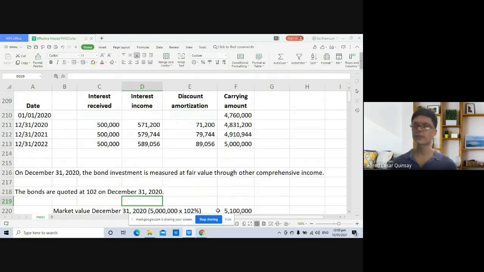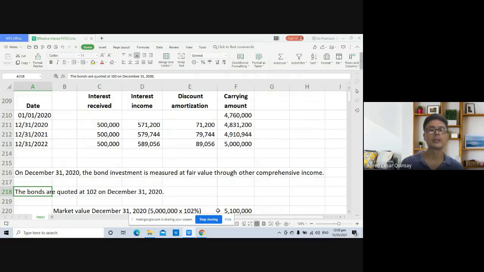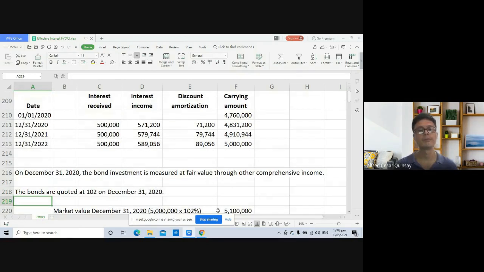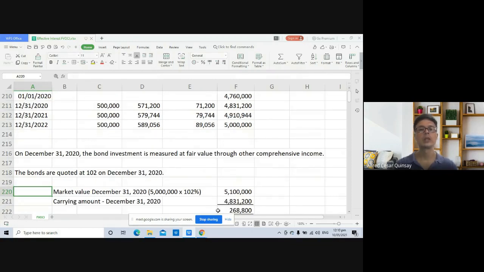Okay, now, after this, on December 31, 2020, the bond investment is measured through other comprehensive income. Yan. So, mapapansin natin, no, na nagtaas yung value nung bonds, no? Okay, yung market value niya naging from, of course, an effective rate medyo mas mababa na ngayon, tumaas siya to 102 on December 31, 2020. So, i-take up natin to yung market value niya. By the way, this is given. The bonds are quoted at 102 on December 31,